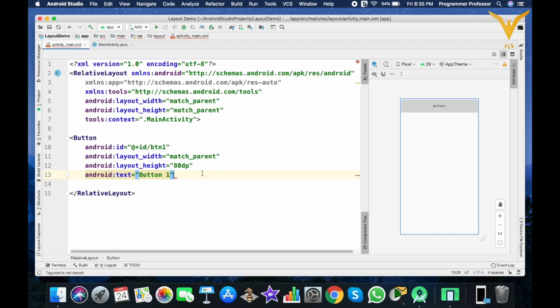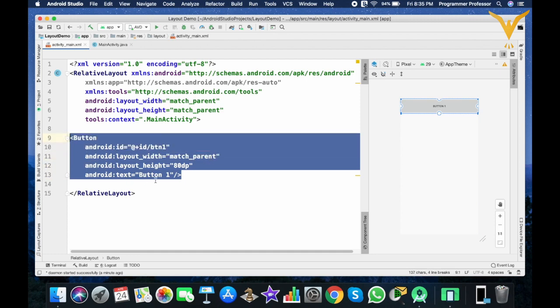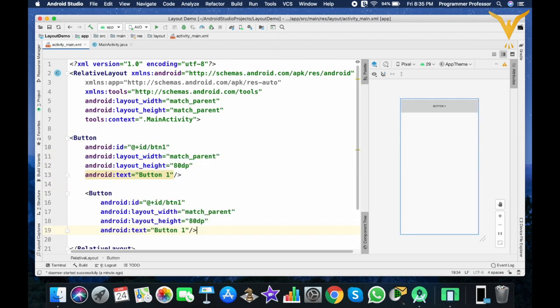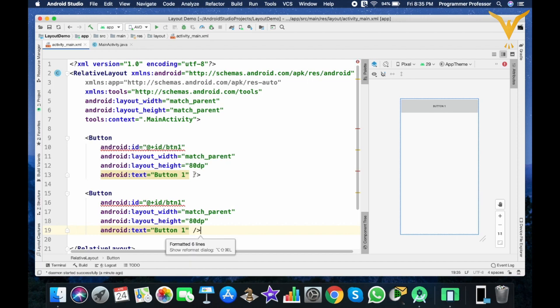Okay. Now let me copy this. Now click on Alt, Control and L so that your code gets aligned automatically. Change it to button 2 and this will be button 2.